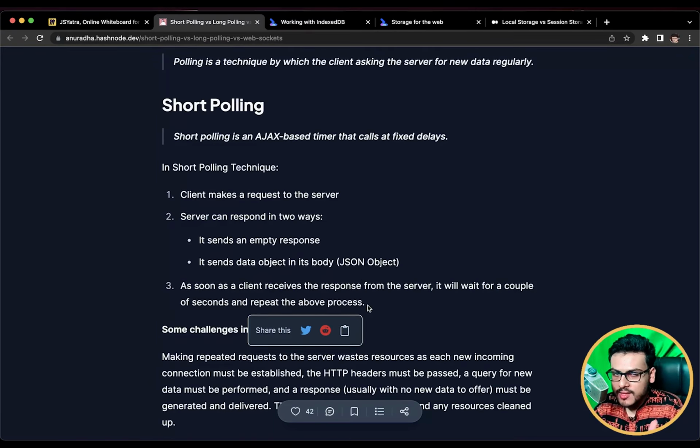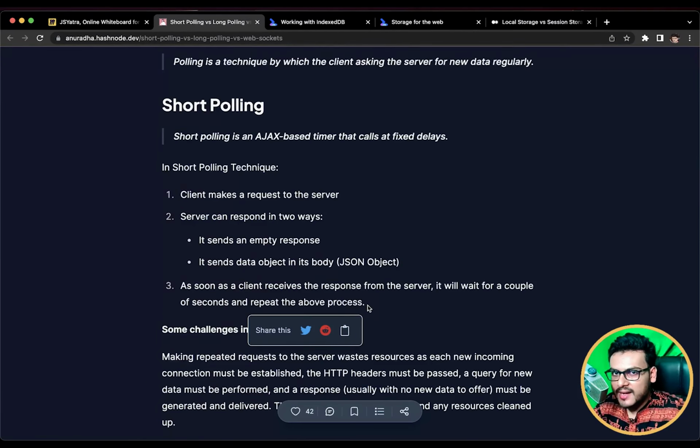So think about short polling as a fetch call. You know the fetch call in JavaScript. Fetch, await, fetch, you pass the URL. So assume that fetch call wrapped inside a setTimeout or interval, let's say 3 seconds. And that fetch is happening again and again on the server, and we are performing short polling. So we make a request and then we wait for the response, and then we update the UI accordingly.